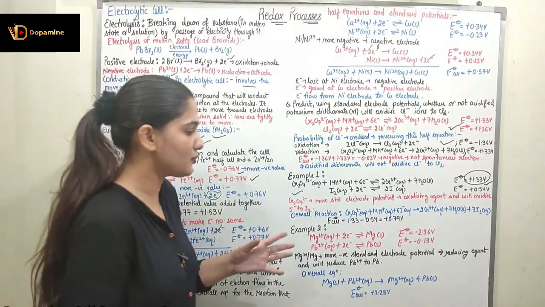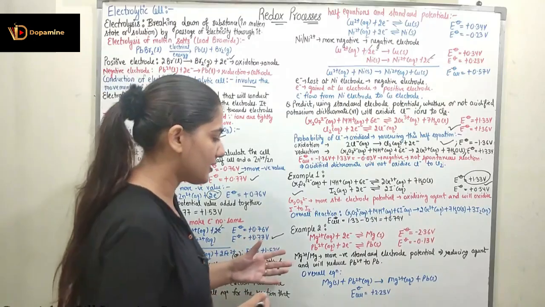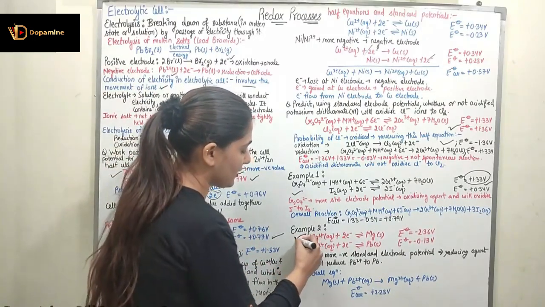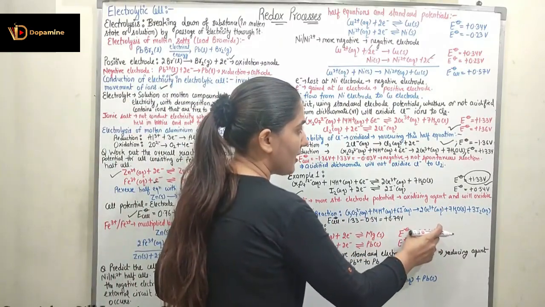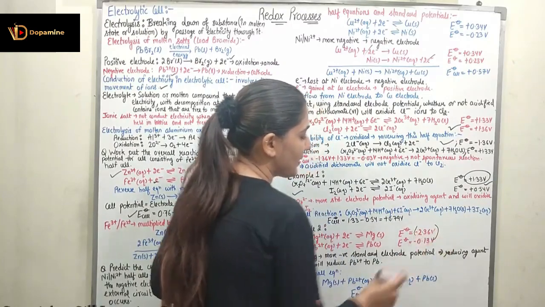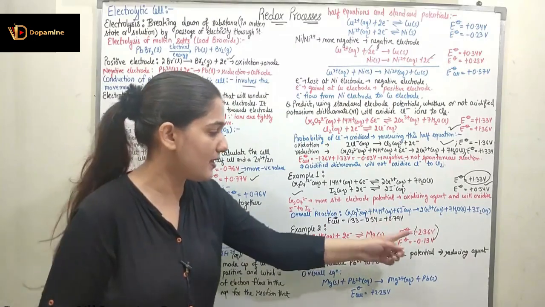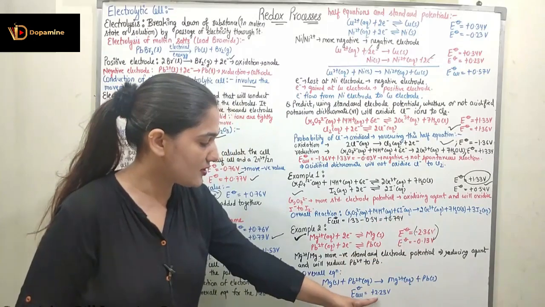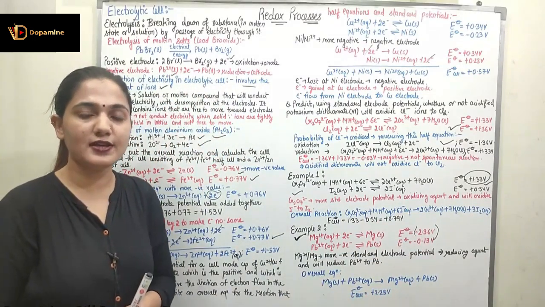So I hope you understood the difference between oxidation and reduction. Now here, if I am talking about the reduction, I have to reverse this equation, right? Again, it is the negative electrode. So when it is the negative electrode, I will be reversing this. It has the more negative value. I will be reversing this, and the electrode potential of the cell would be plus 2.36, because I have reversed this, minus 0.13, which is plus 2.23 volt. So I hope you understood all of the things that I have discussed today. Thank you so much.